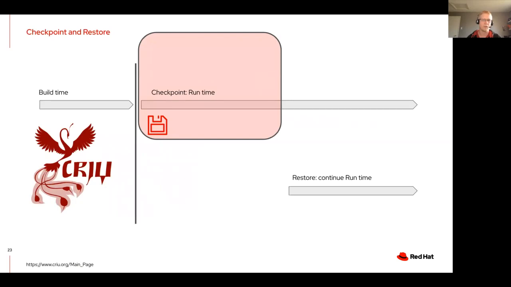So if we look at how that works, we have our normal build time, we do our run time, and there we take a checkpoint, which we save away, and then we can restore and continue that runtime. So we're able to save all the time that's enclosed in that checkpoint. Now there are limitations around this as well, around how you can deploy this and where you can deploy it, and making sure that PIDs, process IDs and the like, all match, and that the appropriate files have all been there and not changed. So it works reasonably well restoring inside a container. It's a little harder to do restoring outside of a container.